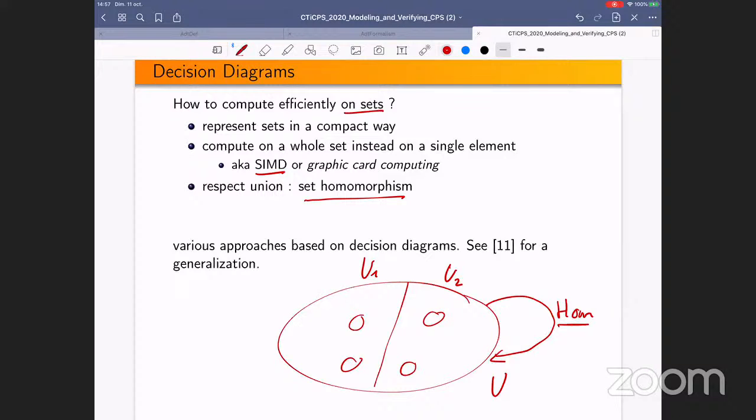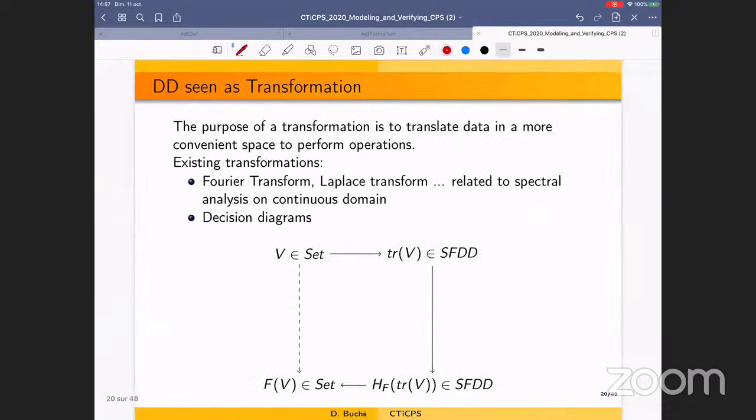So this is a domain where there are plenty of approaches. I mention here one article which generalizes this principle of decision diagrams. The idea is that finally a decision diagram is a graph of nodes, interrelated nodes, and for these nodes we have different operations and different ways of representing the system.